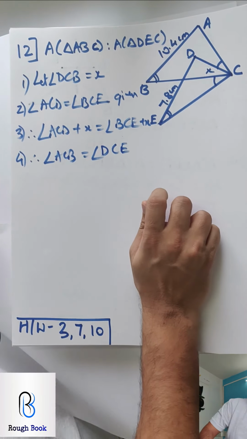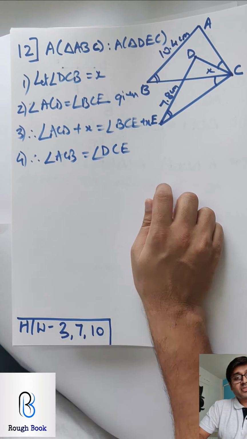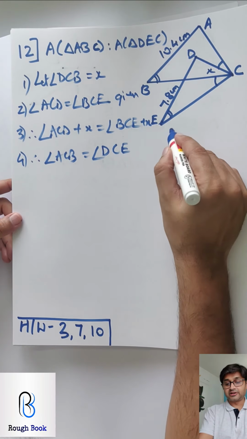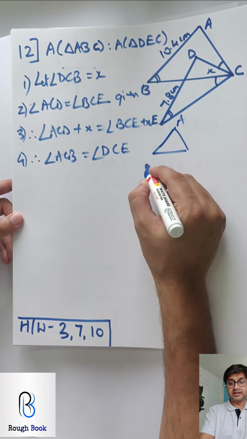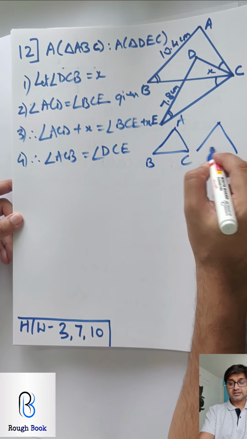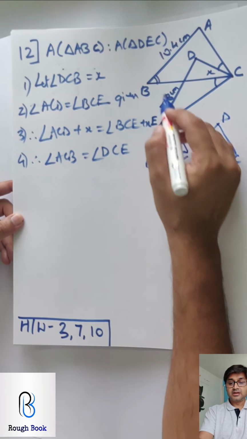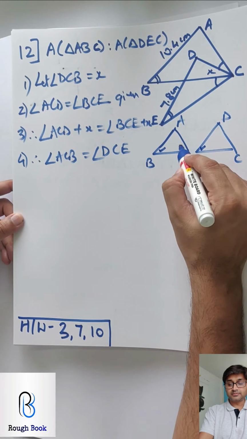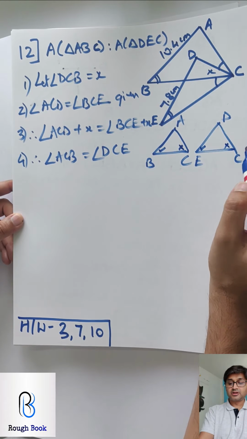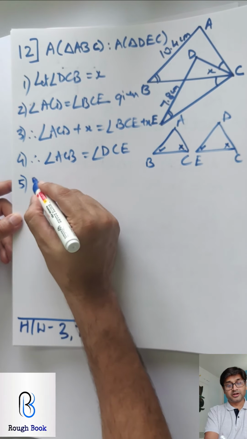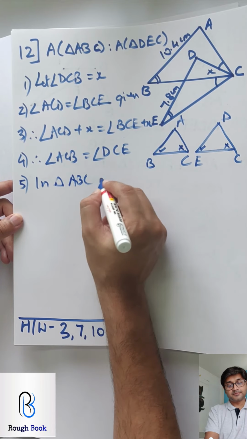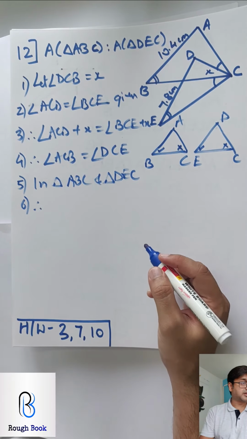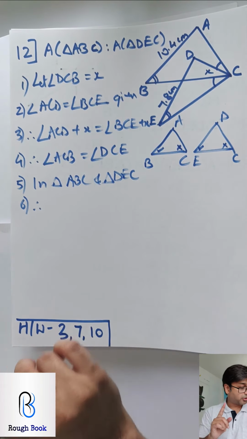See, pull out the triangles outside and automatically you will get your idea. So this is your first triangle ABC, second triangle DCE. This is already given congruent, and right now ACB is this one and DCE is this one. So you got both the angles now with you. So come on, hit it. So in triangle ABC and triangle DEC, no marker is supporting me. Every marker is telling me stop, but I don't want to. I want to finish this.